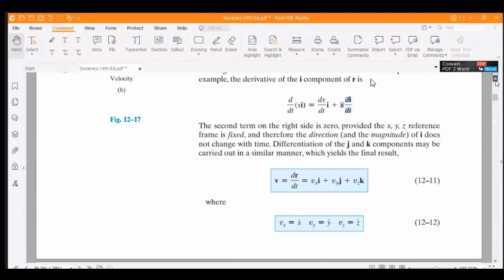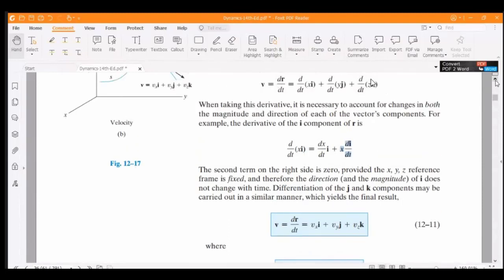The second term on the right side is 0, provided the XYZ reference frame is fixed, meaning it is not moving. So it will be